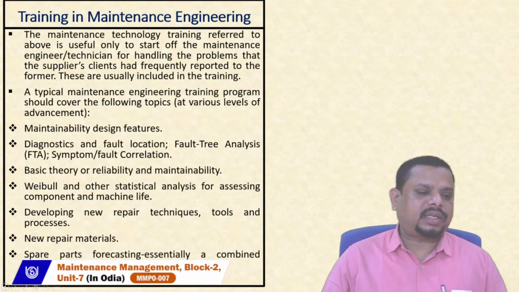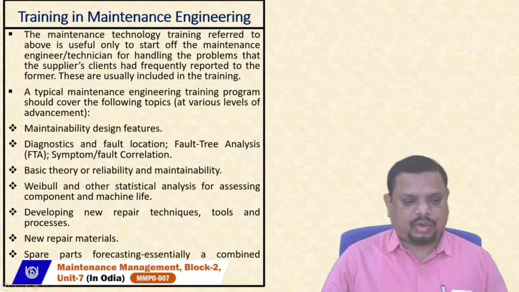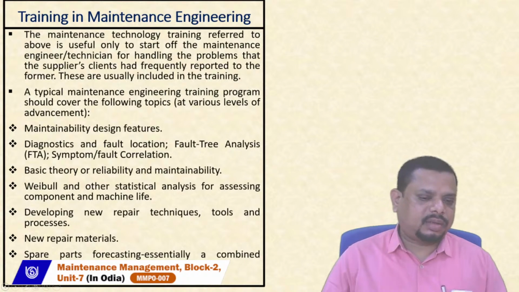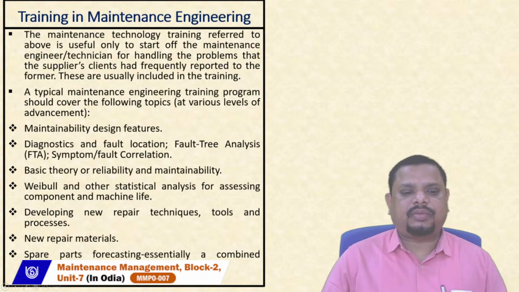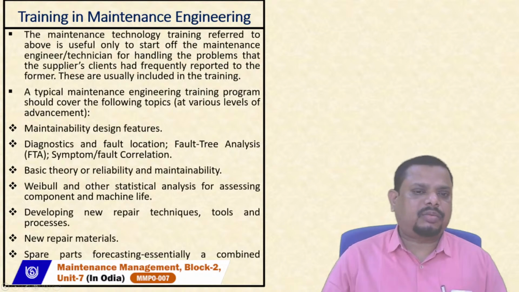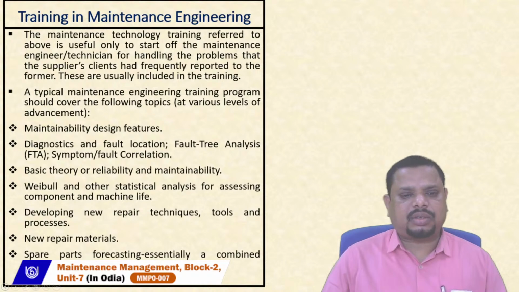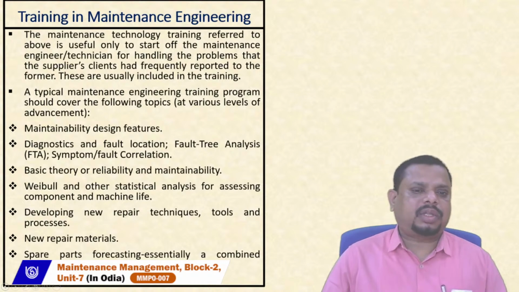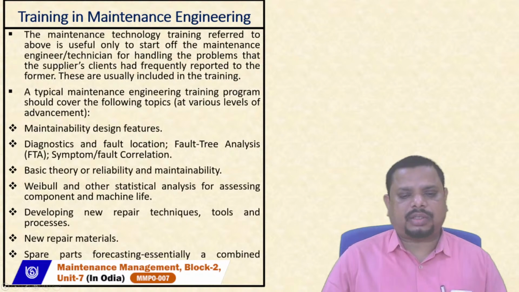It's combining statistical and engineering tasks. If you go for forecasting techniques, there are a number of forecasting techniques. In most cases, maintenance engineers go for quantitative forecasting techniques. Under the quantitative forecasting techniques, they have simple moving average calculations. The next is weighted moving average calculations, or they must go for exponential smoothing methods to go for higher accuracy of spare part forecasting.